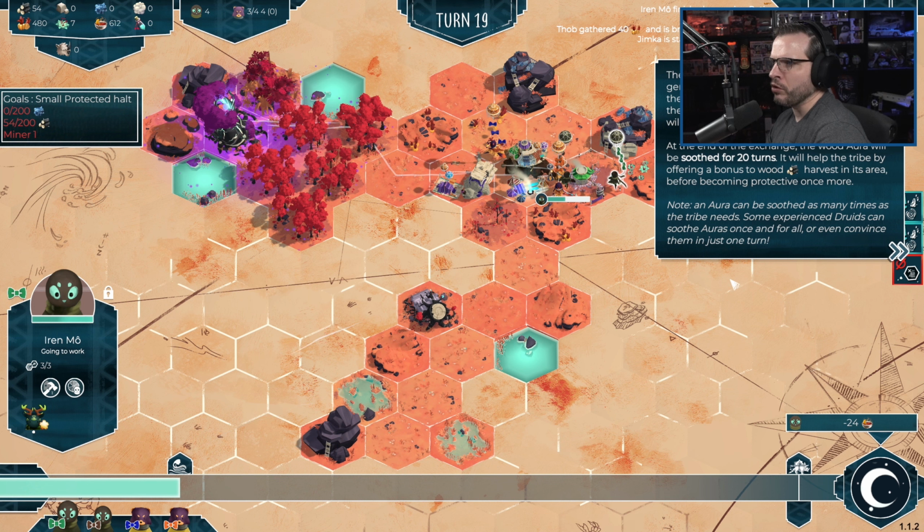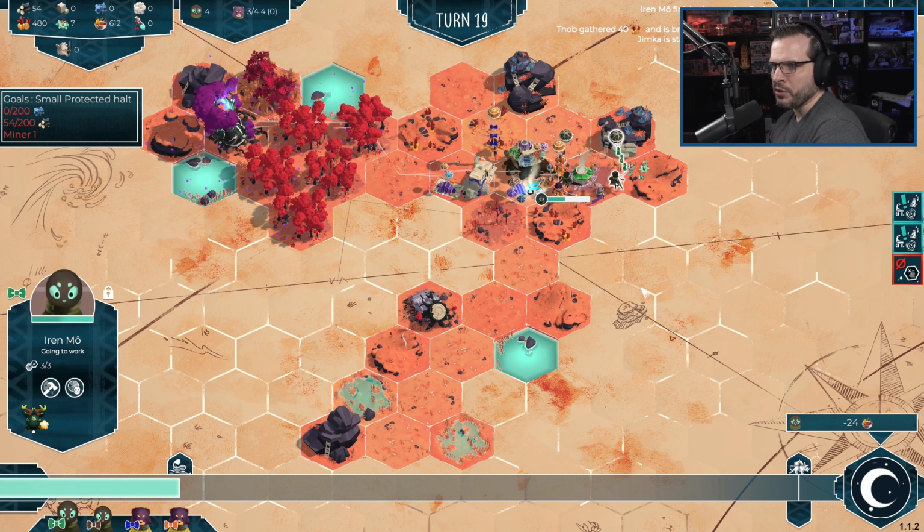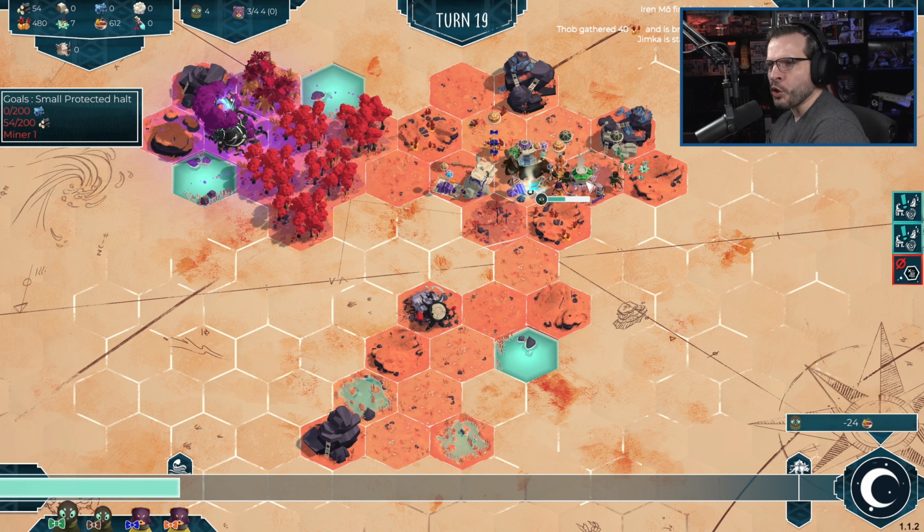At the end of the exchange, the wood aura will be soothed for 20 turns. It will help the tribe by offering a bonus to wood harvest in its area before becoming a protective one once more. Note, an aura can be soothed as many times as the tribe needs. Some experienced druids can soothe auras once and for all, or even convince them in just 1 turn. Yeah, we saw a little bit of that. All right, so...